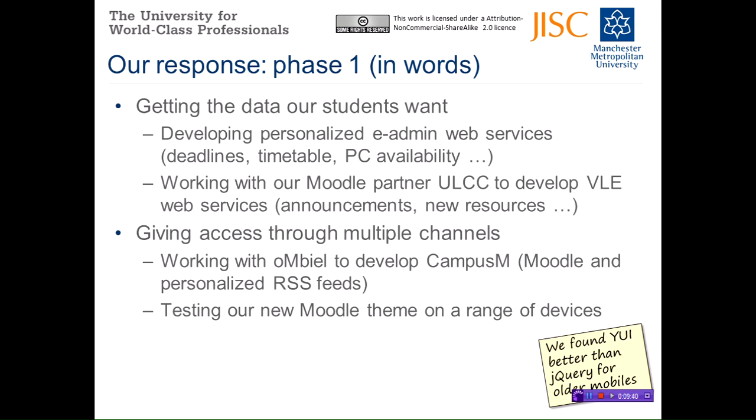We've been listening to these calls for e-admin for some time, so the first thing we wanted to do was make sure that we were able to deliver on that. So we've put a lot of effort into developing personalised web services that can pump through that data that students have been asking for. We've been working with our hosting partners ULCC to develop the VLE web services, in particular